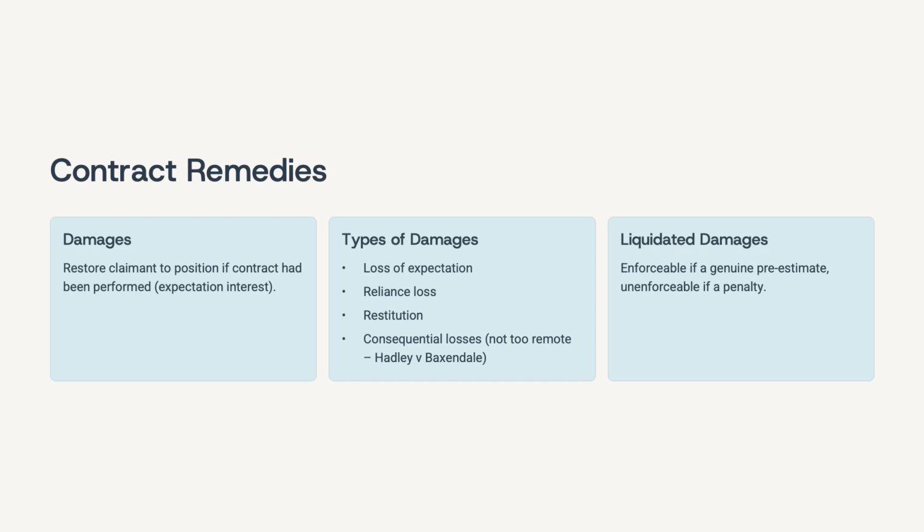Heads of damages include expectation loss, reliance loss, and restitution. Remember Hadley v Baxendale? Losses must have been reasonably foreseeable. That's one of the conditions. So, in other words, if you forget to deliver the flour for the Queen's wedding cake, don't expect the court to award damages for heartbreak across the nation. Not at all. It should be foreseeable damage only.